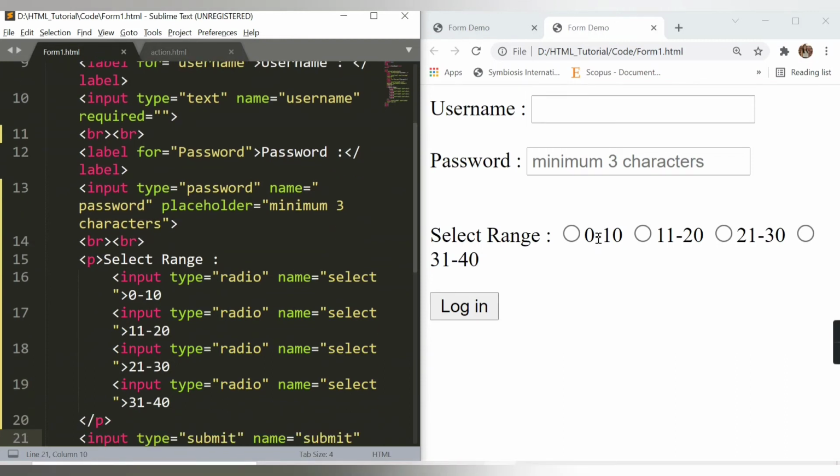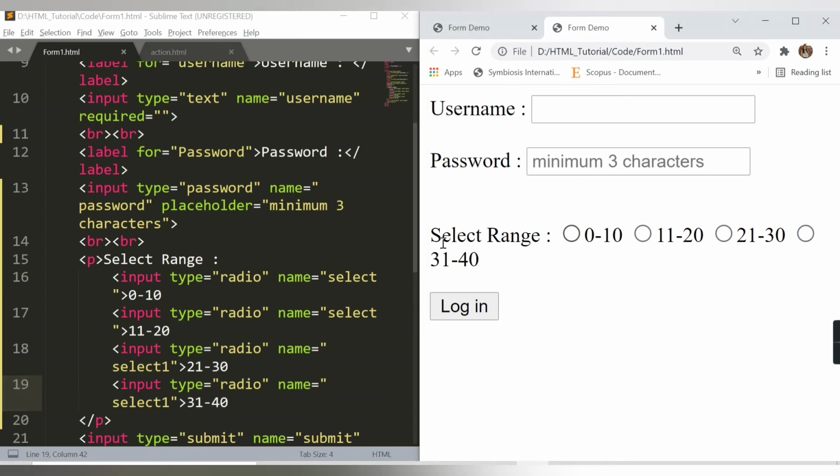Now you will be able to select only one option from all these. But what if I change something here, like the first two are select, and I make the other two select1? Save this, refresh the browser.